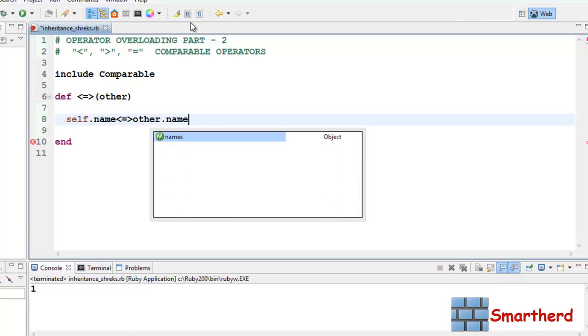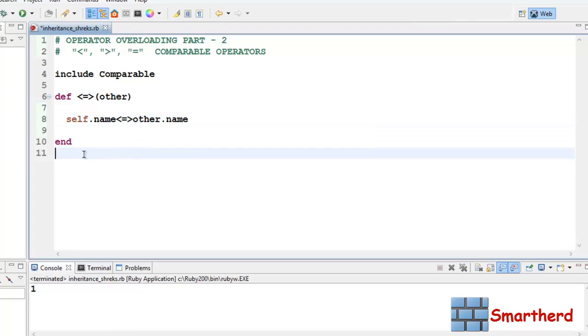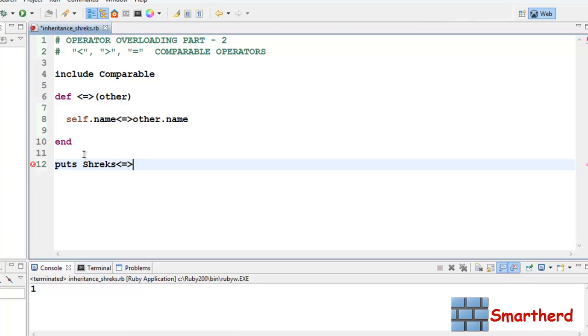Now let us write puts, let's say Shrikes compared to, let's say Jack. Oops guys, let me convert it into a string. Now let's save it and execute it and check what the output is.